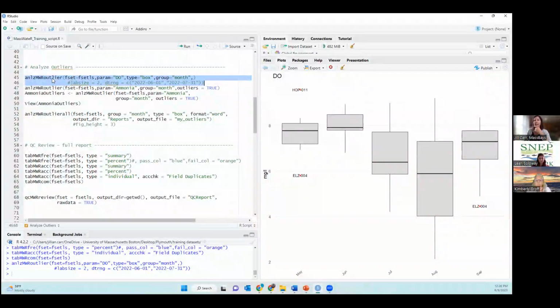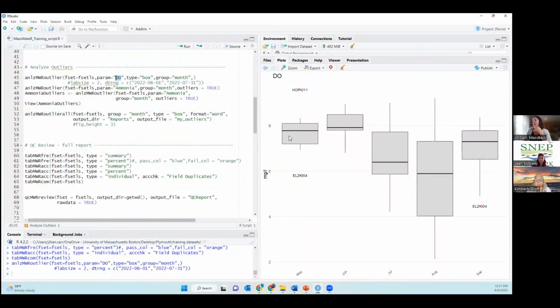And on the fly, in less than a second, it created a plot of outliers just for DO, because that's what I selected in the code. I told it to look just at the DO records, across all sites and all of these sampling dates. It created a box and whisker plot for us, which is a standard analysis protocol, as well as the outliers. So when I see those 3 outliers, those are 3 sites that didn't fall within